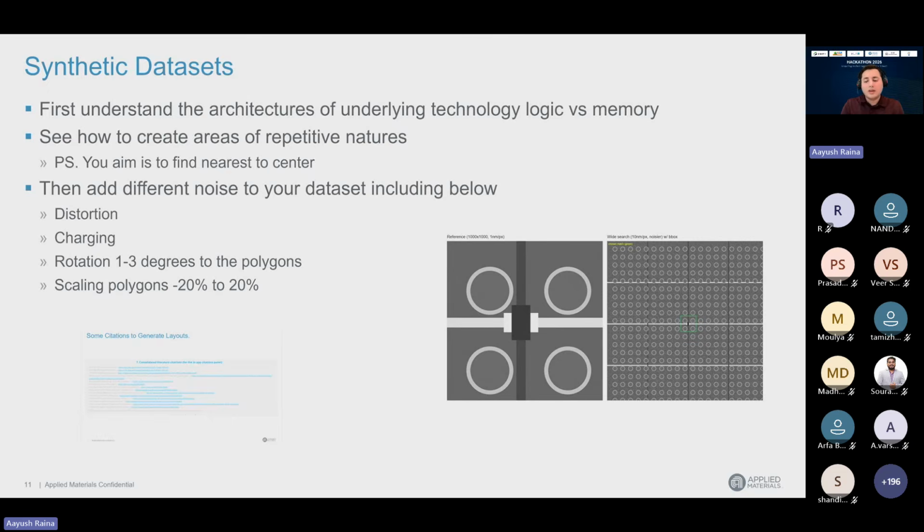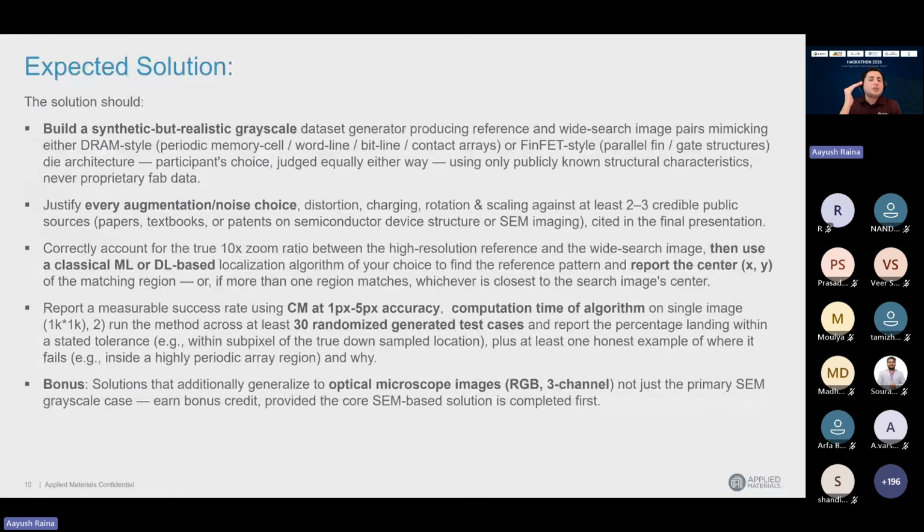Prashad, we will talk about it. So the first part we talked about is creating a data set. The second part is how to add noise, and this part we also covered. You have papers, textbooks, and patents available online, and then you can add it. Are we clear up till this? Then I will talk about the algorithm. Anyone can give a thumbs up. I see a raised hand, Shubhangi.